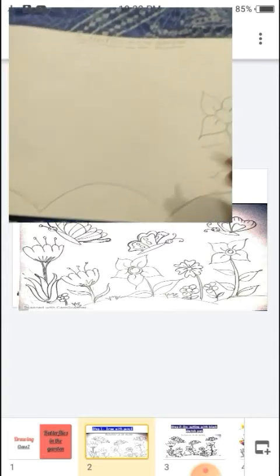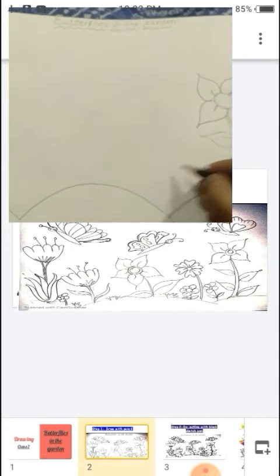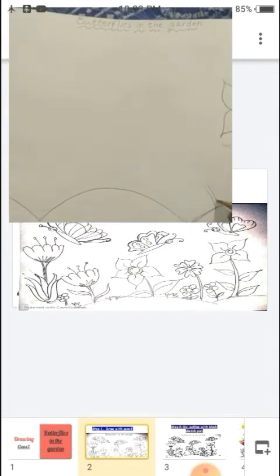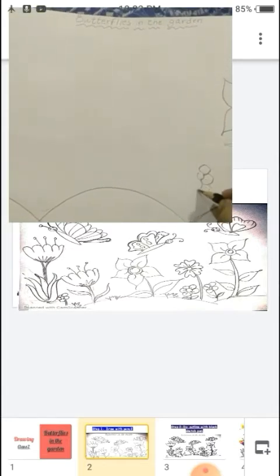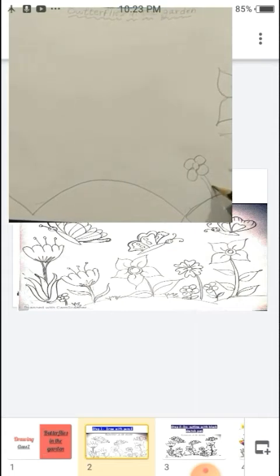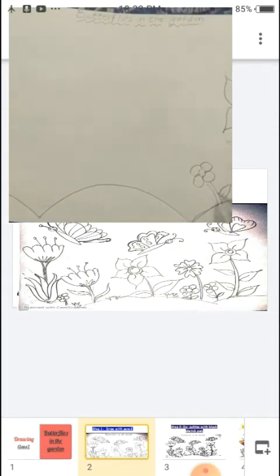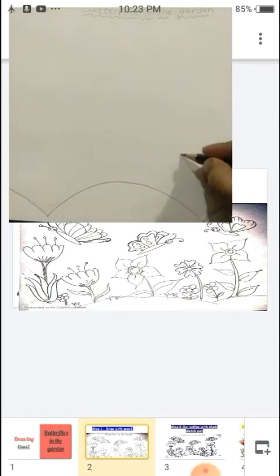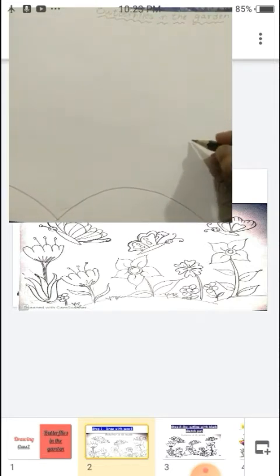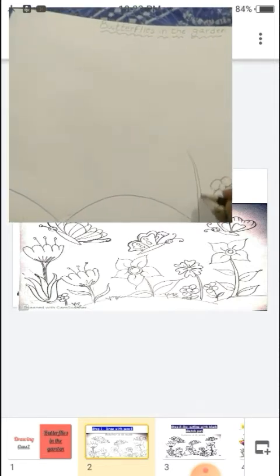Okay students, and then I made here a big flower. Afterwards you can make a small flower. Here also a leaf, here also a leaf. Okay, then afterwards one more flower.